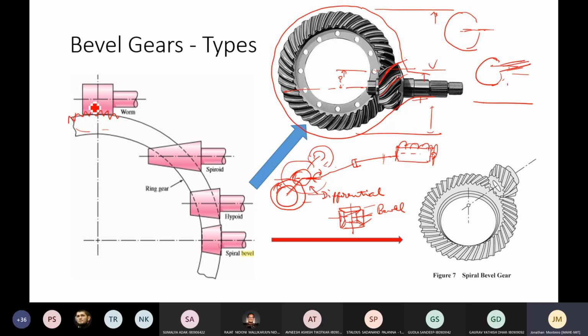Here we have teeth on the outer periphery, and this worm gear tries to engage. So this is the arrangement. It's actually an extension of a bevel gear that we can see. So the worm gear comes on the outer periphery. You cannot give any gear which is in the crown fashion. Once it comes to the crown gear, then you can either take a spiral form or a hypoid form or a spiroid form. But when you go to the outer periphery, you can have an arrangement of a worm and a gear.